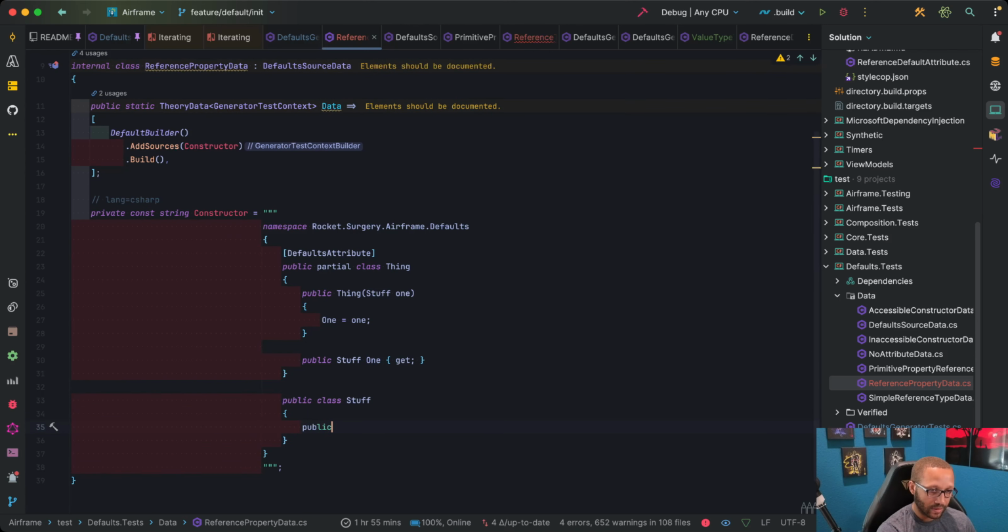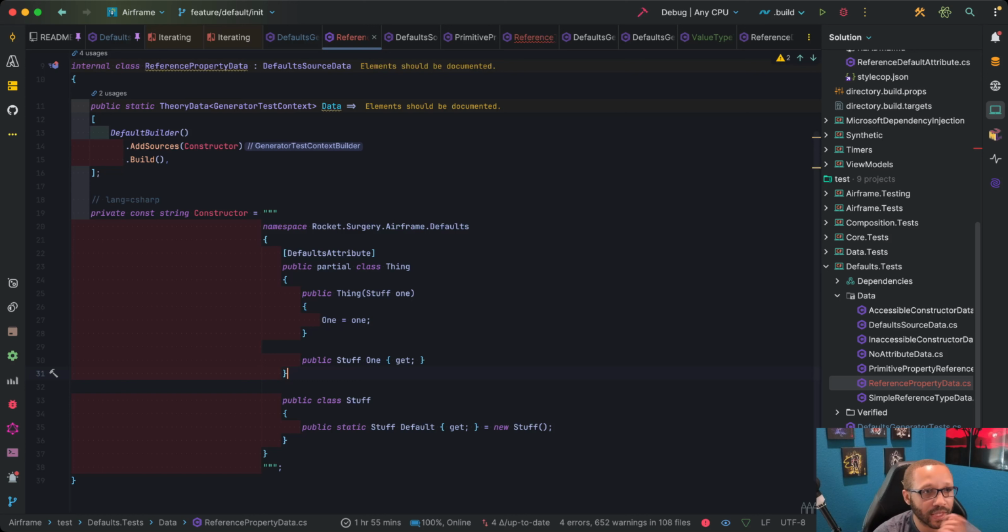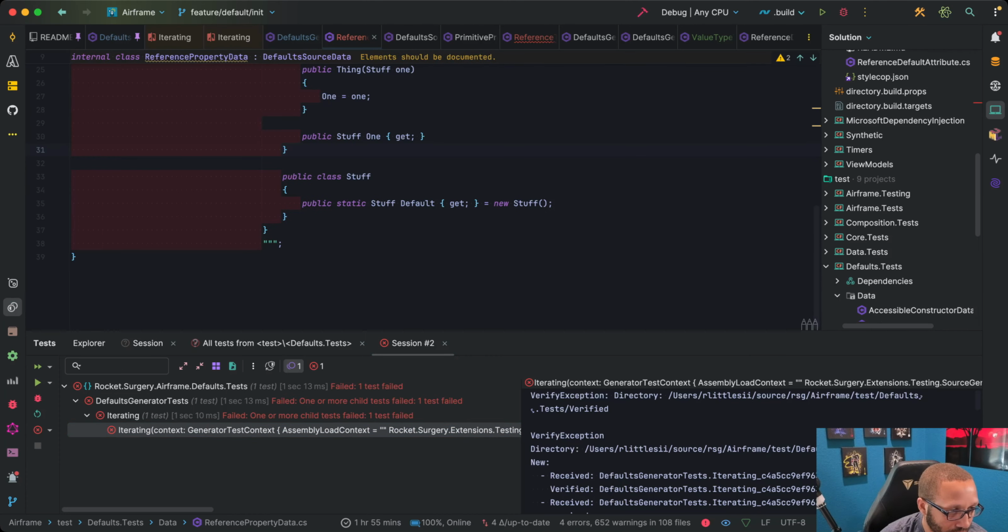Public static stuff default get. Come on, you can do it. And yes, I know I could copy and paste it. I know I could, but I'm not going to do it. Oh yes, the fat fingers are doing the thing. Okay, so now if I regenerate this source, because it's added to the compilation for the thing, if I rerun this, if I run the unit test,